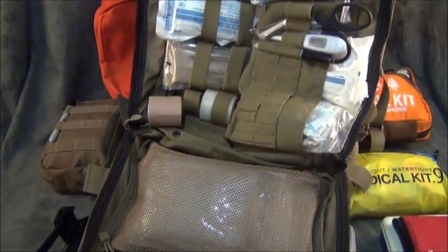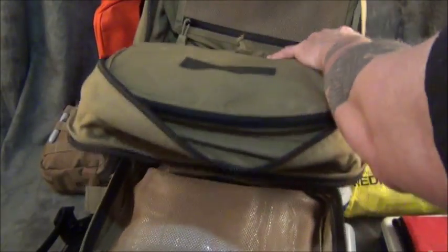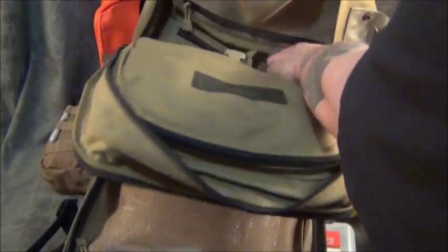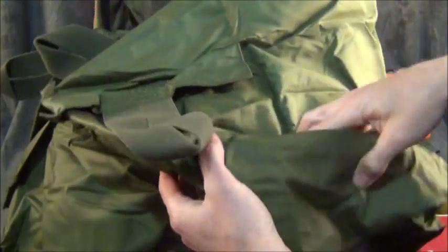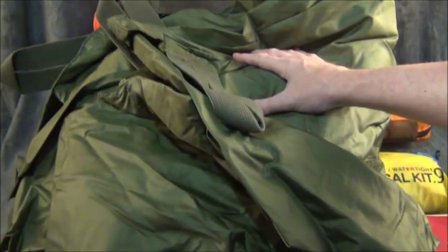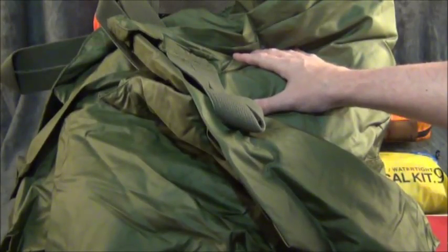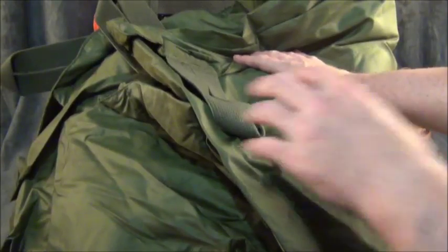Some of the things I also put in here and I recommend is, if you can, and I think you could still buy these, this is what we would call, if I can get it out, a body bag. Okay, now any military operation, and where there is a good chance that someone's going to die, such as in a war, you're going to get body bags. All right, they may be green, they may be black, it doesn't really matter the color, but they are very strong, and they come with these